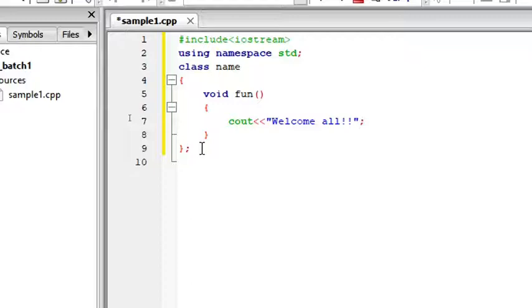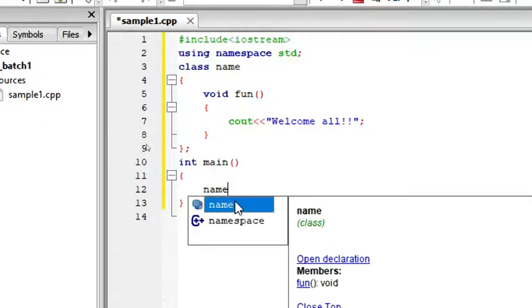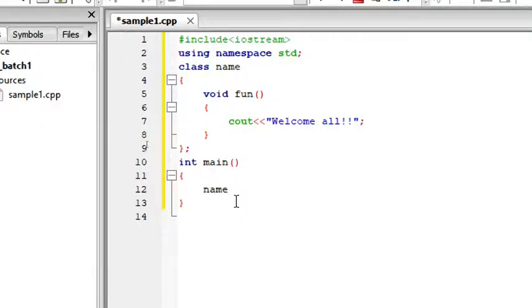So in the structure, after the class we have to create the main function. And here in C++, the default return type of main should be int. main of, again I'm using this open bracket and close bracket because it represents that it's the main function. Open the curly brace. So inside the main function, we have to create an object. That should be the first step. So the object should be created for the class name. First mention the class name, then you have to create an object. It can be a variable. So I'm creating a small n. That's the object I have created for the class.